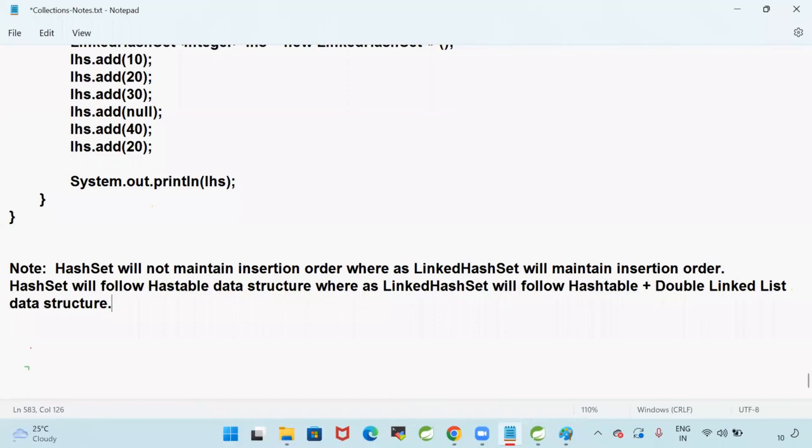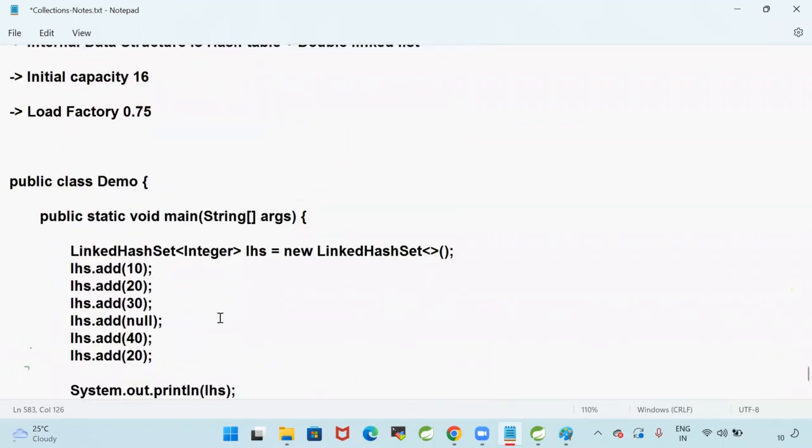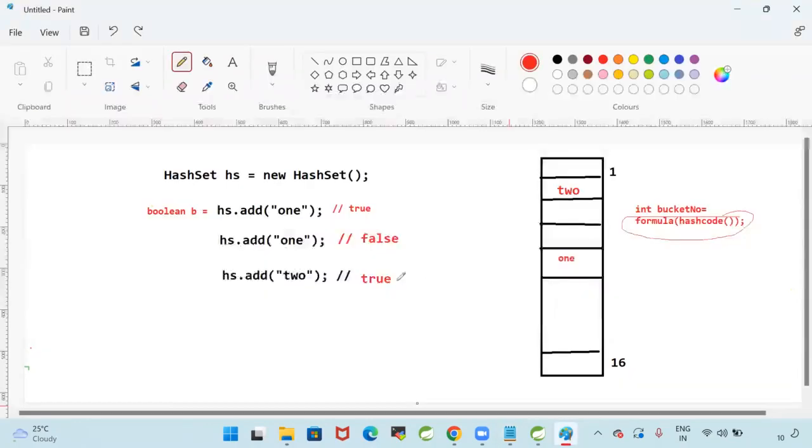Hash set will not maintain the insertion order, whereas linked hash set will maintain insertion order. Hash set will follow hash table data structure, whereas linked hash set will follow hash table plus double linked list data structure. Are you clear? Now here